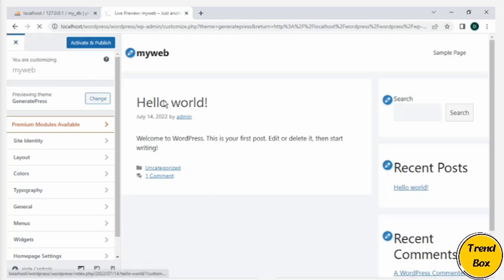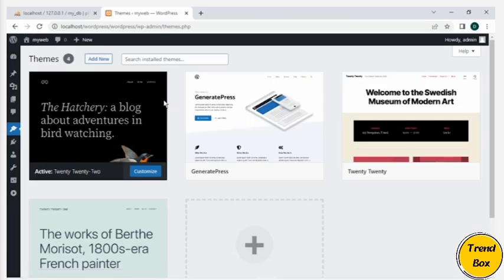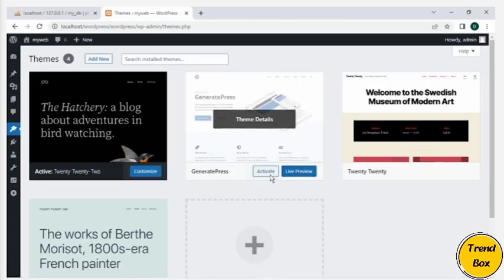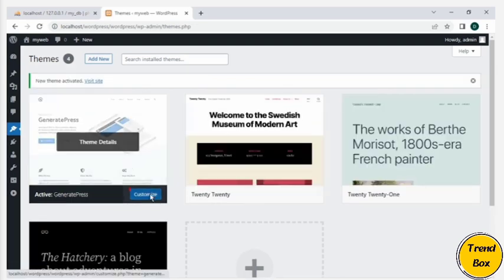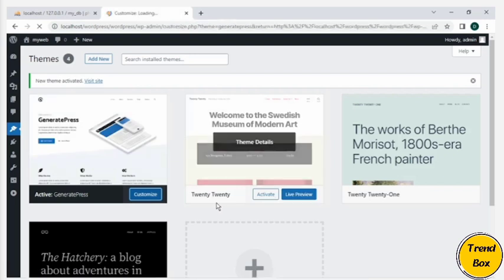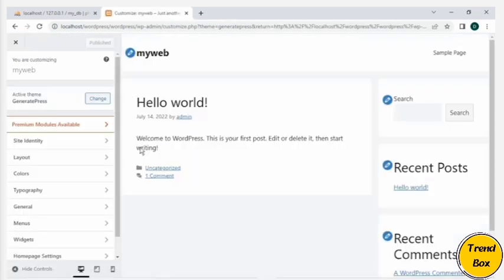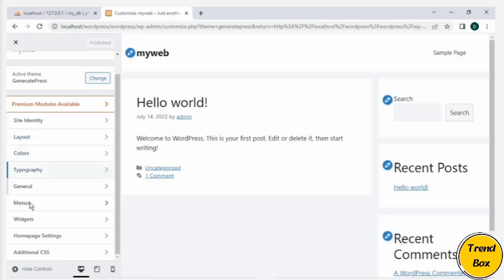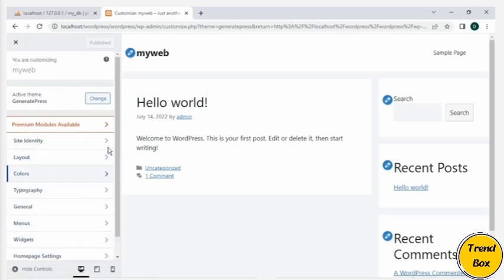So this is how we install WordPress. This is my theme. We can activate it, and you can also make changes or customize this template as you want. So we'll click on this customize. This is my template, or this is how we install WordPress on a local host, and we can make the changes in this. These are the content that you can set on your web pages, on your website, and this is my site name. So this is for the installation of WordPress.